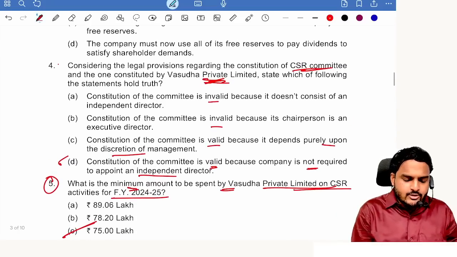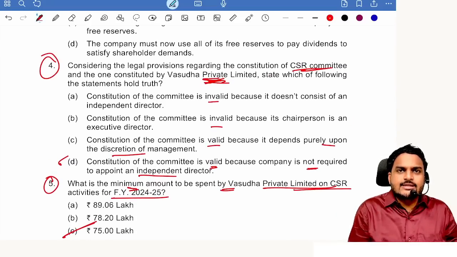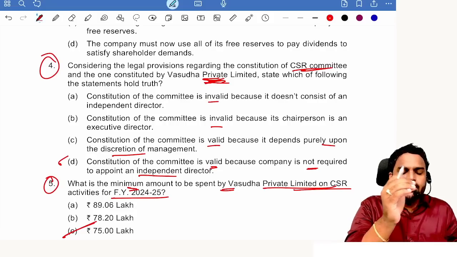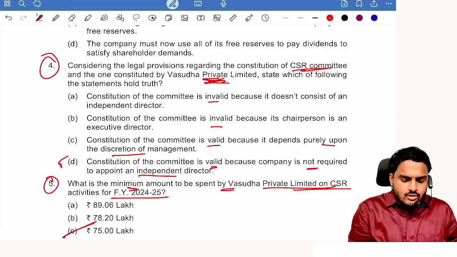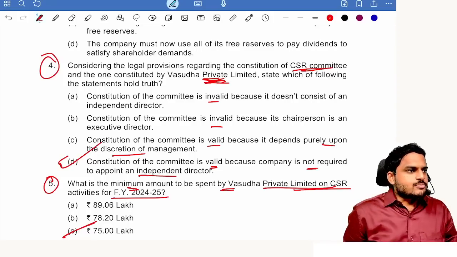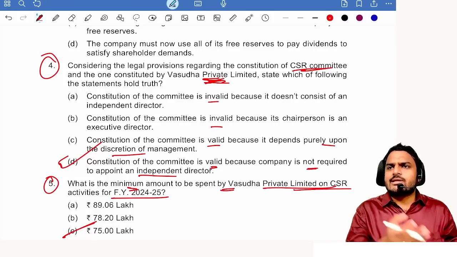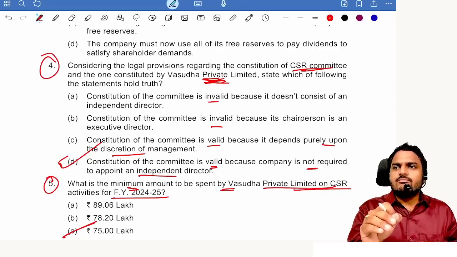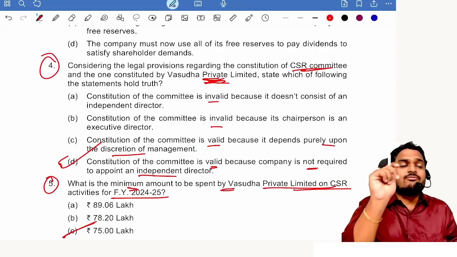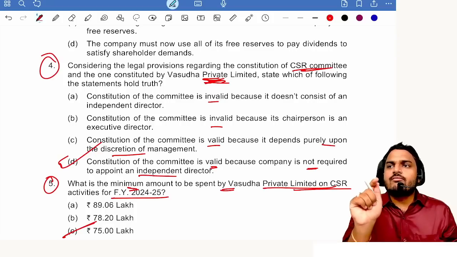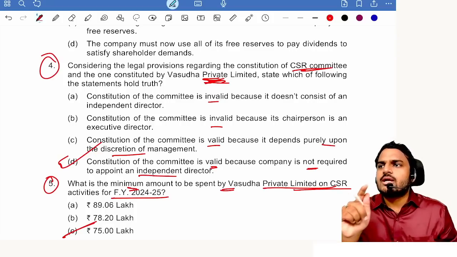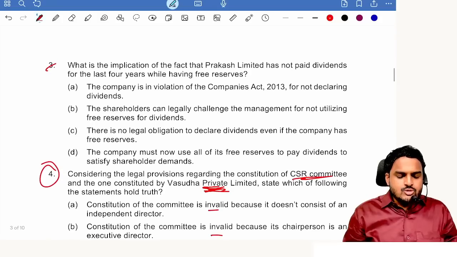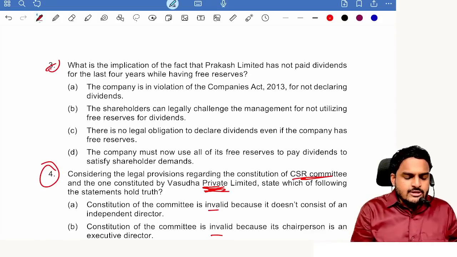The 4th question I already told you. A Private Limited company, if it is having 2 directors and is not having an independent director, then in the CSR committee an independent director is not required. So option D. Suppose they are having an independent director, let him come to the committee, so that the committee will have an independent director. In the question it was clearly mentioned that the company is not required to have an independent director and is not having one. Now which option is correct? D.